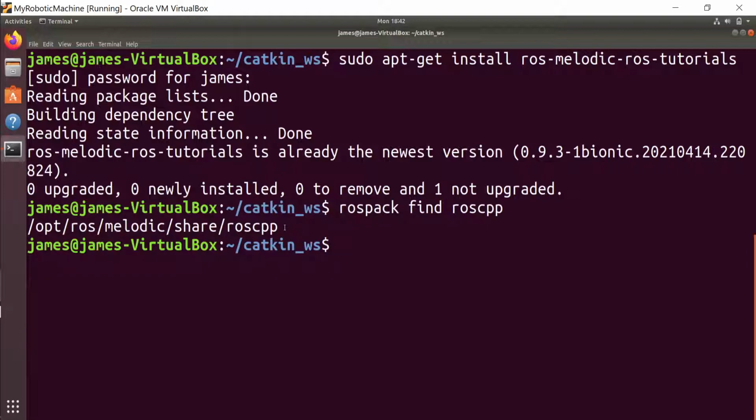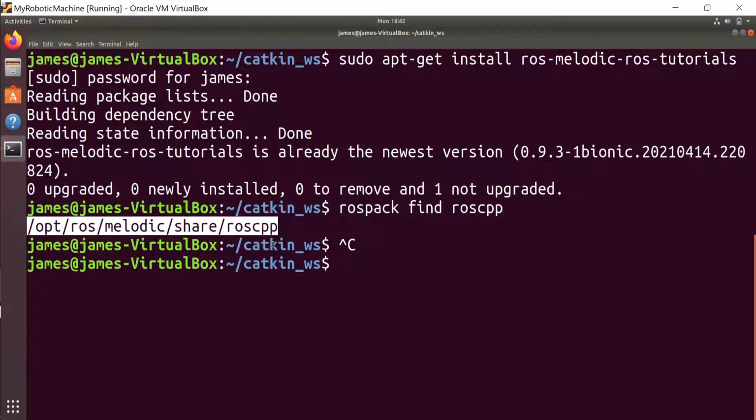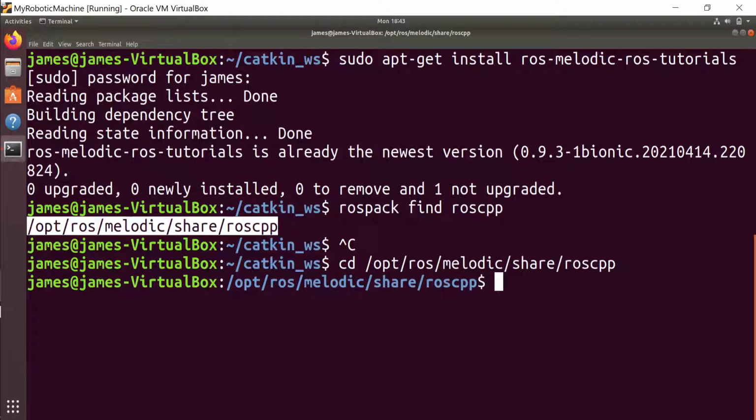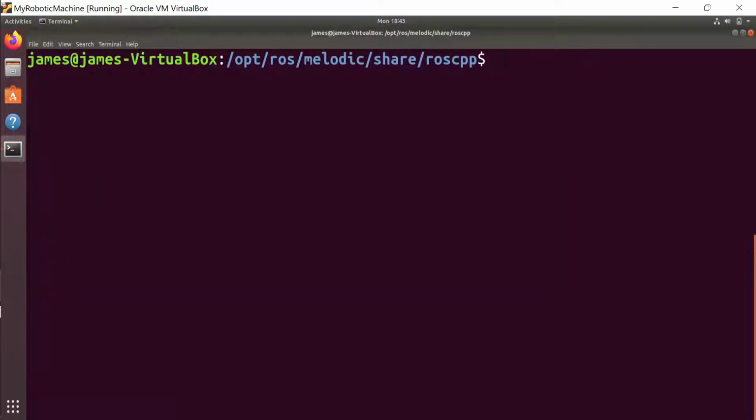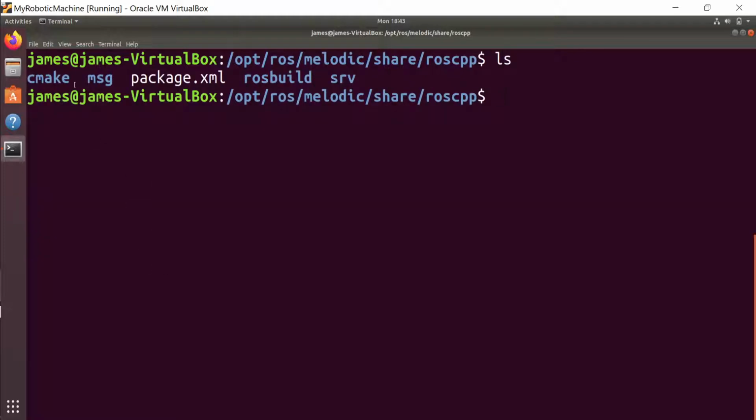If I go to this folder, I will find the code for roscpp. So I need to right click, copy, cd, right click, paste. It will go to that folder, and let me clear the screen. What is there in this folder? There is a cmake directory, an msg directory, a package.xml file, a rosbuild directory, and an srv directory.